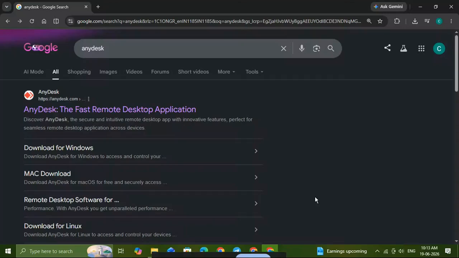Today, I'm going to show you how to install AnyDesk on Windows 11, step by step, so you can get remote access set up quickly and easily. AnyDesk is a popular remote desktop tool that lets you connect to another computer, provide support, or access your own